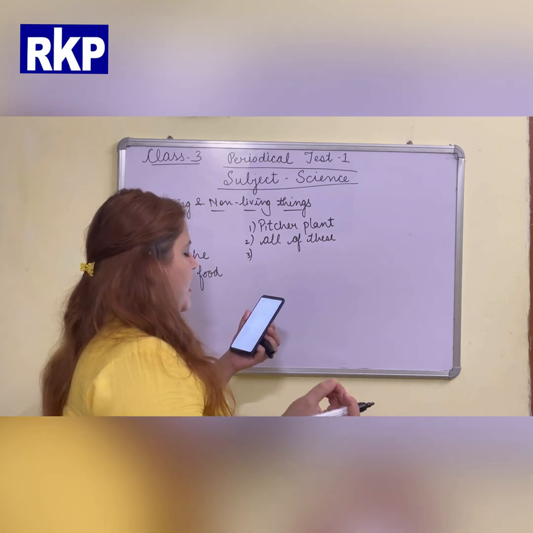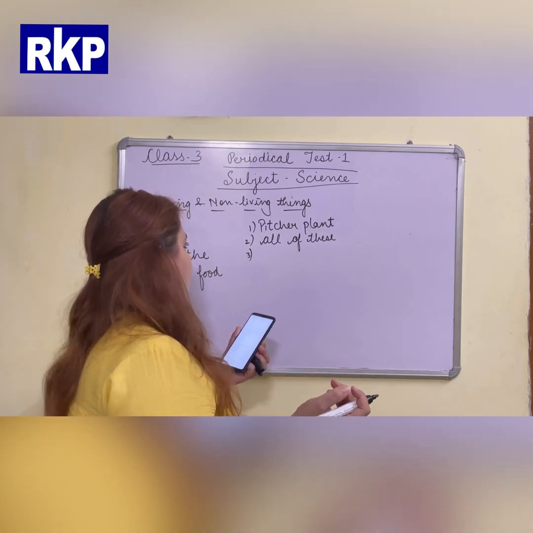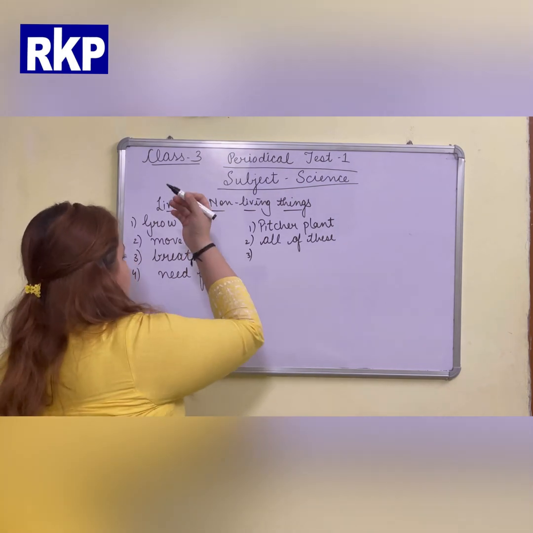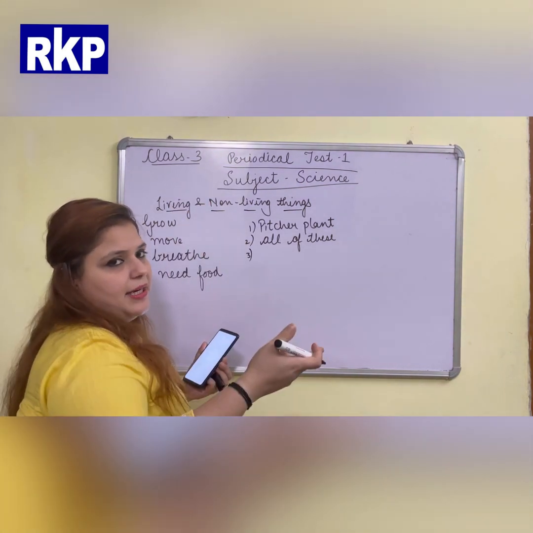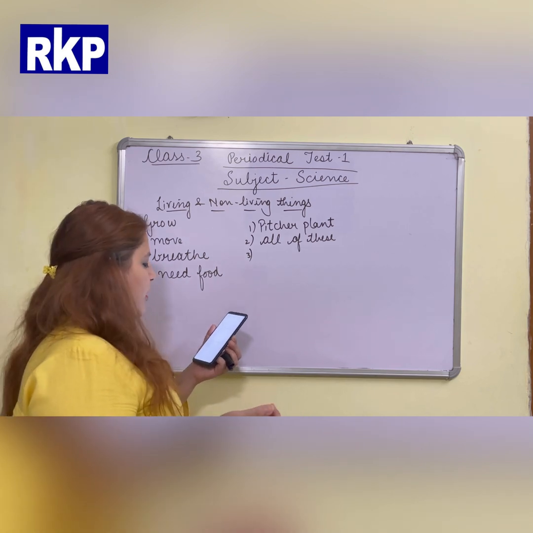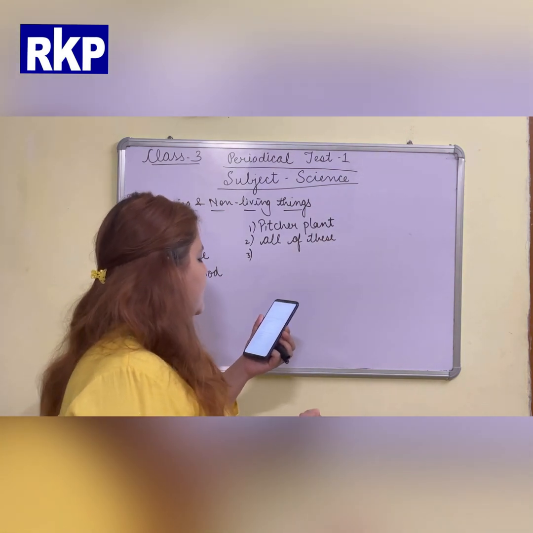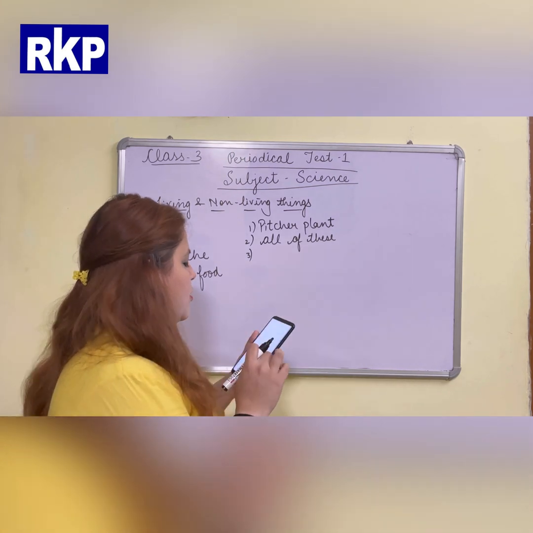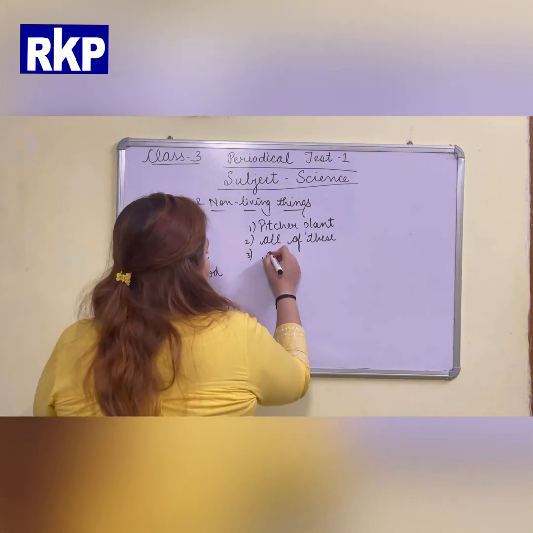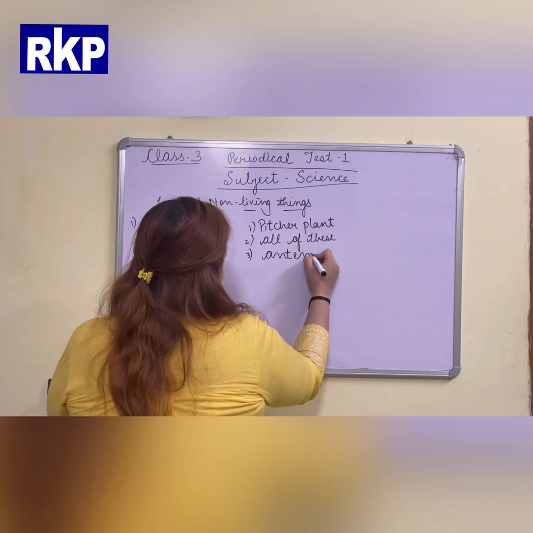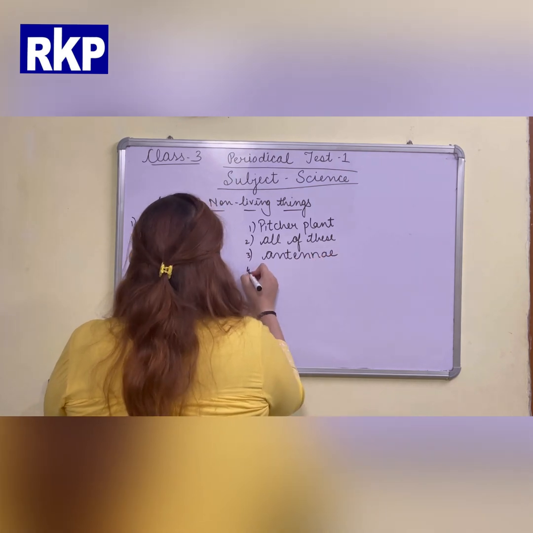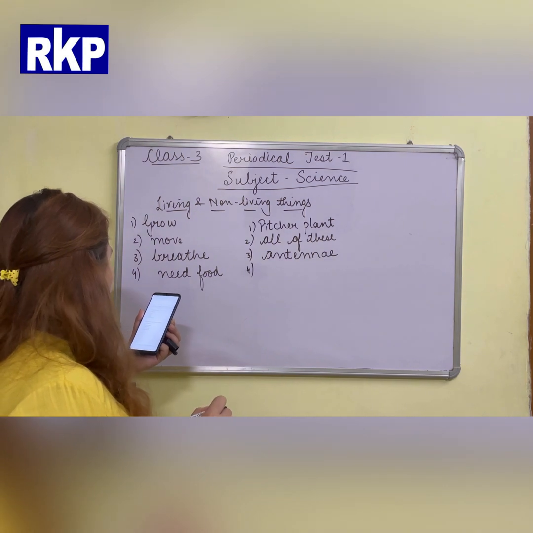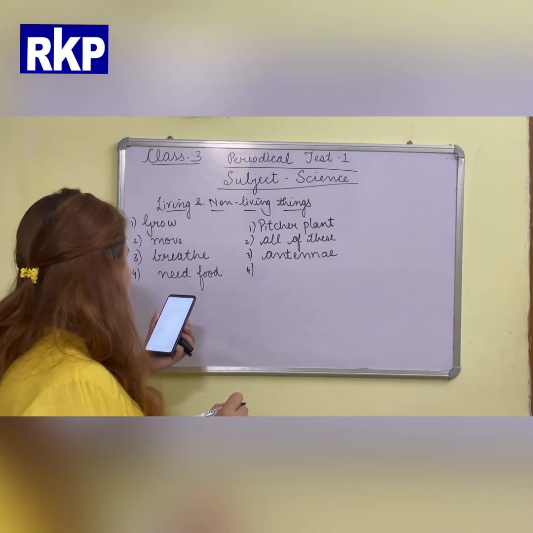Next, butterflies feel through dash. Like we have done differences between living things and non-living things, one more difference is that living things feel and react. Non-living things do not feel. So they are asking, butterflies feel through: wings, antennae, wind, or none of the above. We have done that insects feel through antennae. The answer is antennae.